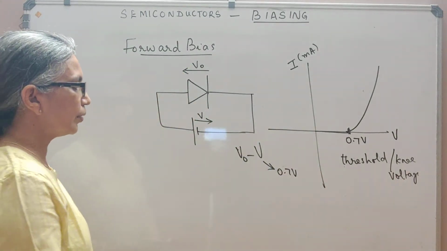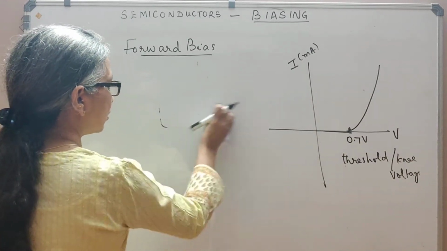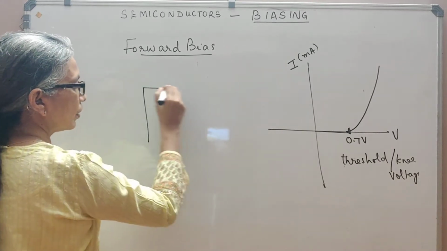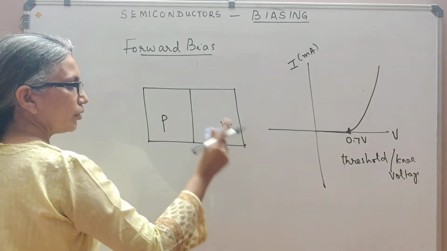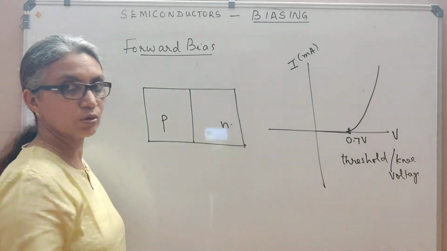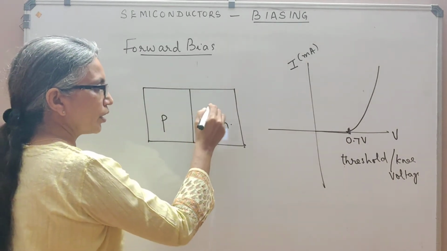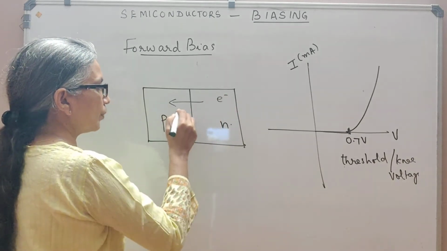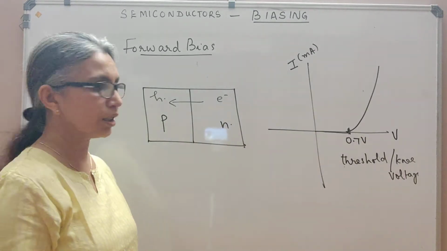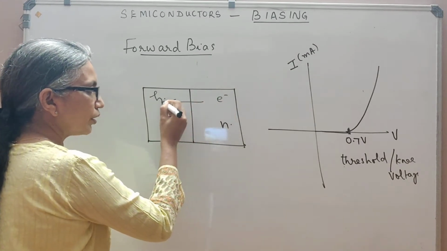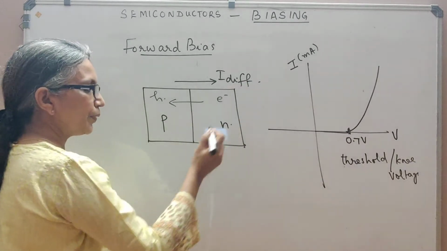Okay. Now, in the semiconductor, what's happening here is, let's say, the P side here and the N side here. When you have applied an external voltage such that the potential barrier is small, you have a crossing over of majority carriers. So electrons from here cross over to the P side to combine with the holes, and holes are moving to the right. So we have a large diffusion current, and because electrons are moving in this direction, the diffusion current is from the P to the N side.